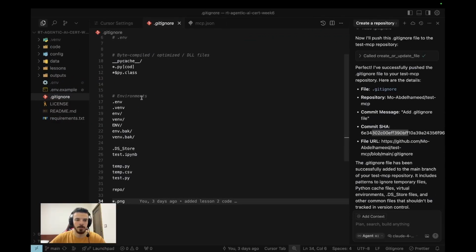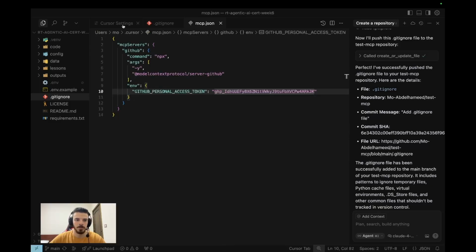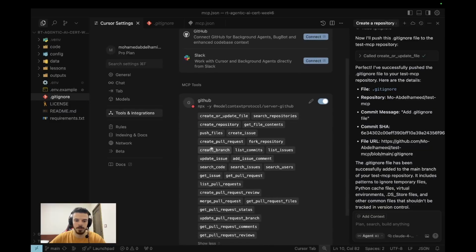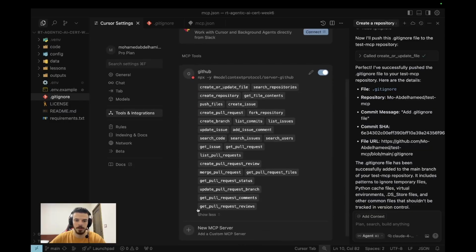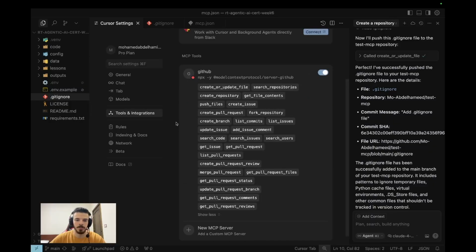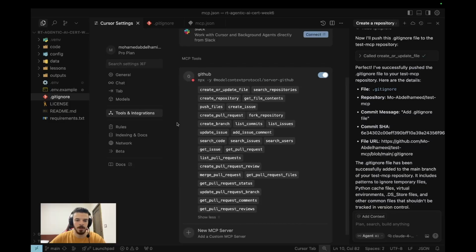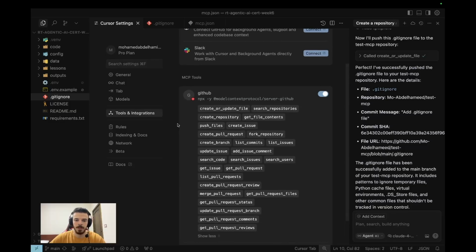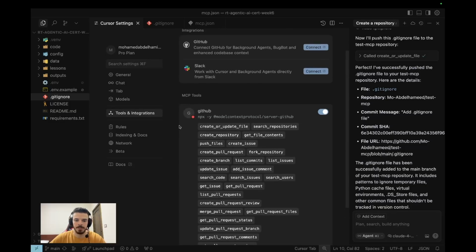This is an example. We showed two different tools, which is the creation of a repository and pushing a file. These are just two examples of the 26 tools that are exposed using this MCP server. And this is an example server that GitHub built. You can also check other servers built by other companies. And it's that easy to integrate some MCP server with your client. So in the next lesson, we